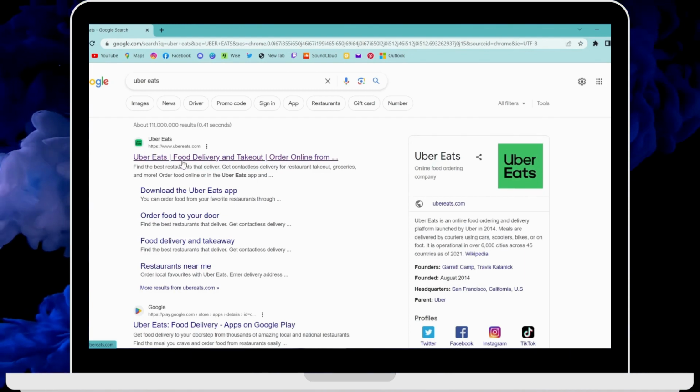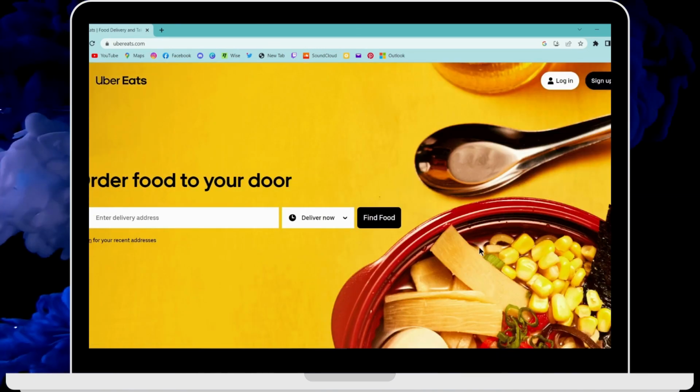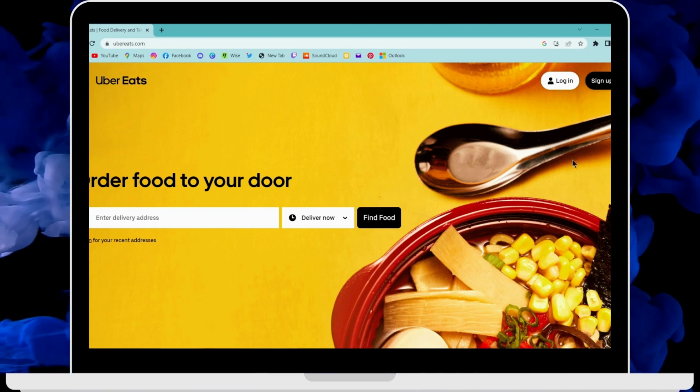And on the first search, you will have www.ubereats.com. Click on that. And then it will directly take you to the web page. And now to create an account, on the upper right corner you will have sign up option. Click on sign up,